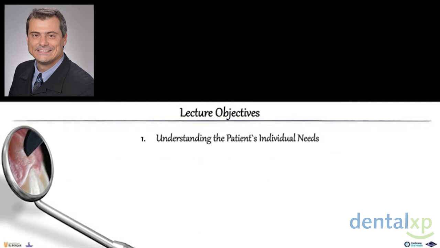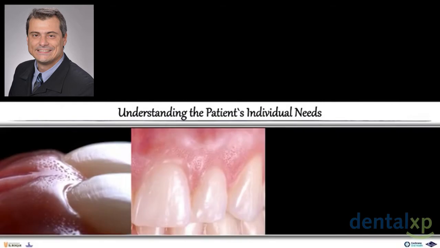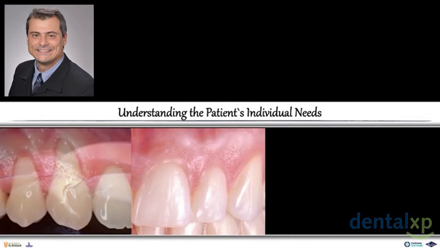So, let's start talking about the importance of understanding the patient's individual needs. It's expected that the proposed surgical procedure should not only try to restore as much as possible the lost gingival tissue or to reduce the area of root exposure, but also to identify the potential causative agents related to the onset and progression of the defect. So, we have to find out what benefits are important to our patients. For example,